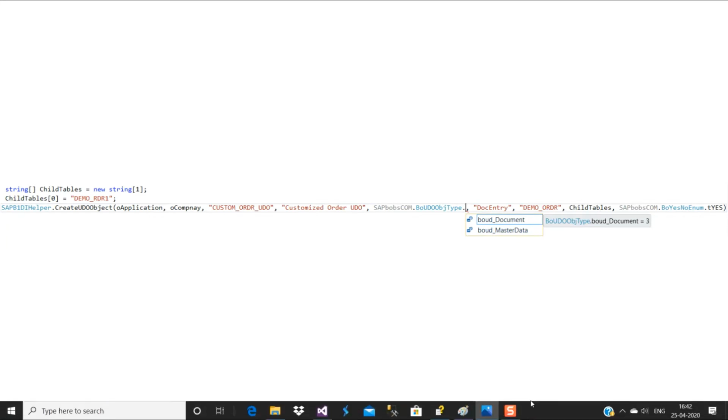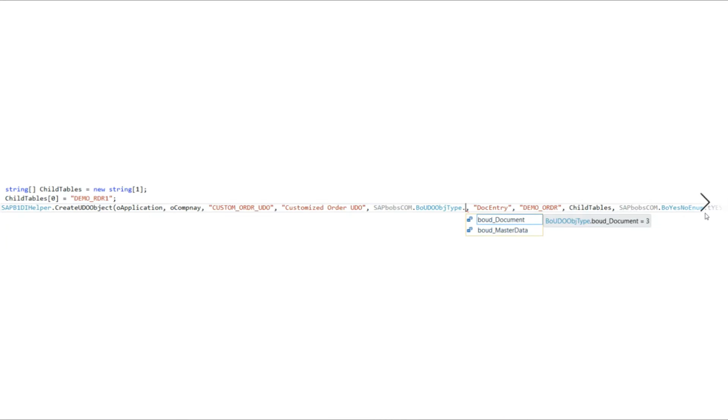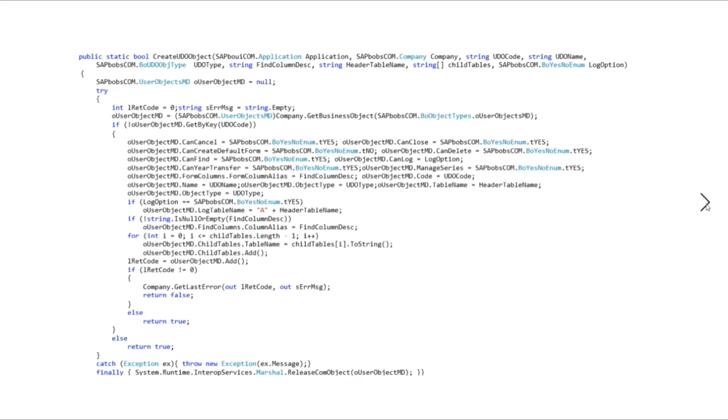And the last one is a yes/no enum, with the help of which we decide whether our UDO should maintain the log table or not. On the basis of this we are deciding in the definition. You can see here, this is the definition.